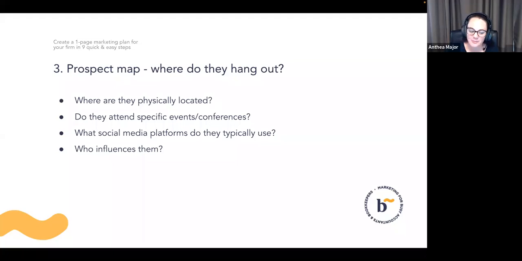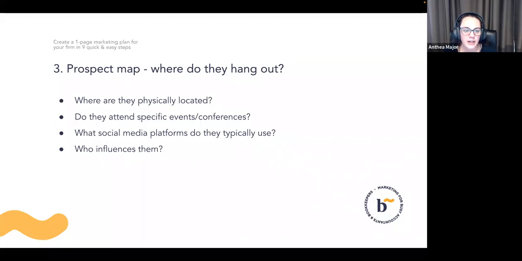Is there an area or a suburb or whatever where a lot of them tend to be? Sometimes there's tech hubs, or if it's regional, farms or whatever it might be. Just try and think about physical location. We tend to find people do still like to have a local accountant or bookkeeper, even if they don't visit them in person. There's still something about knowing someone's nearby and understands your general environment, and it all contributes to trust, I think, as well.